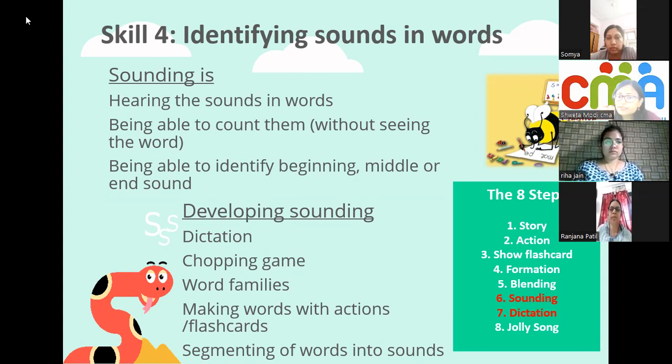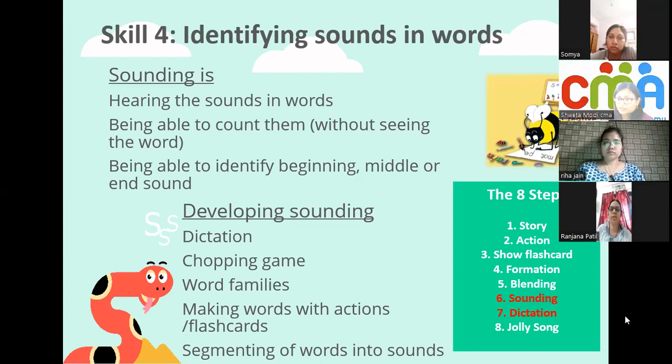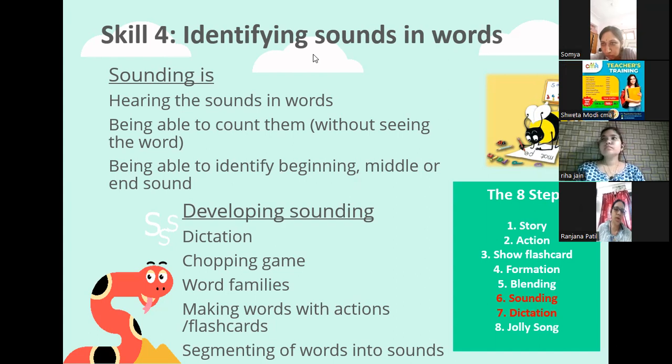Okay, so for that, first we always start with the beginning sound to make it easy. For example, if I ask you to get me things which start with a sound, what are you going to show me from your room? Is there something you have which starts with the sound? The first initial sound is, what can you show me? Scissors. Yes, scissors and,